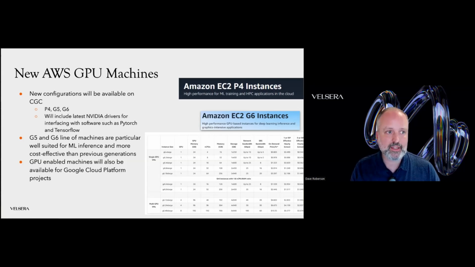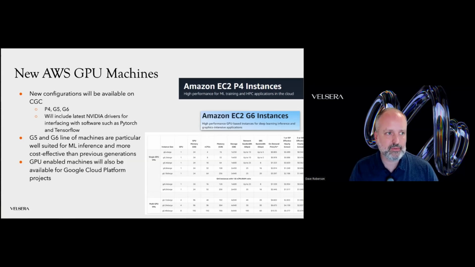More likely than not, that is compute enhanced with graphical processing units from one of the NVIDIA machines. Of course, Amazon and Google and Microsoft are providing these machine types. We have these available now, or very soon,